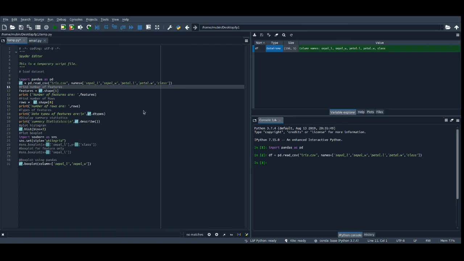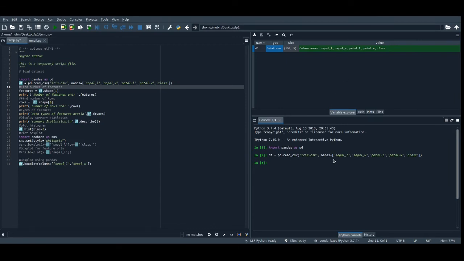Here is the sepal length column, sepal width column, petal length column, petal width column, and the class column. From the observation we can say that the first 4 attributes look like numerical attributes, and the last is an object type. It is also called a string attribute. Every row is labeled with an index, starting from 0 and ending at 149.